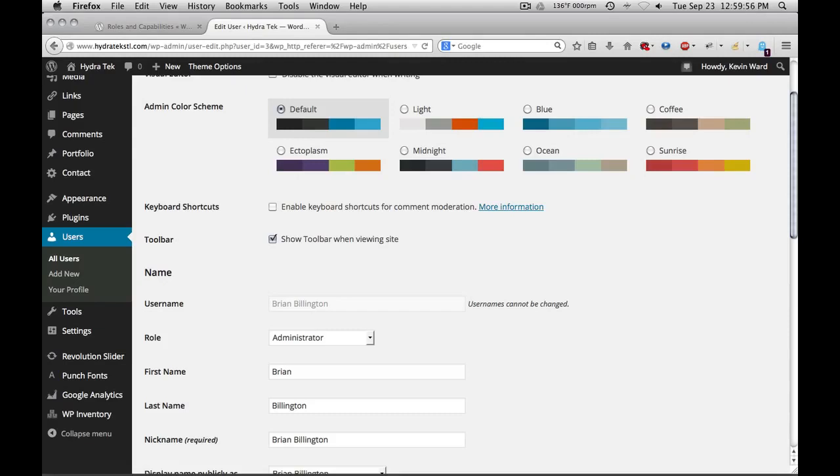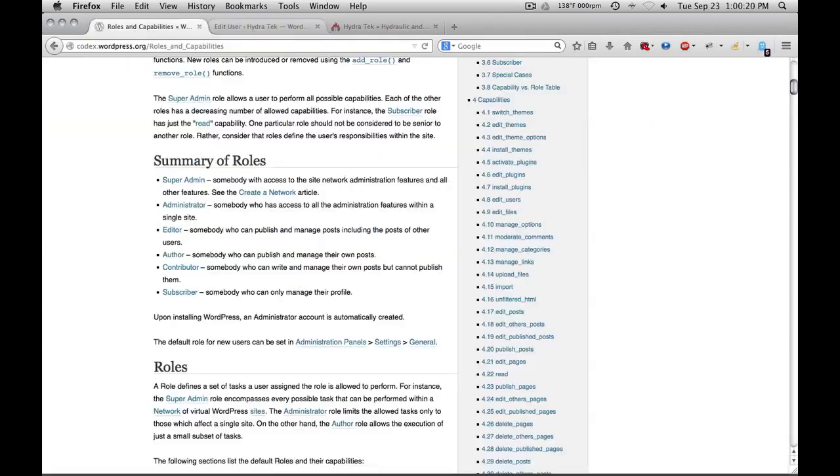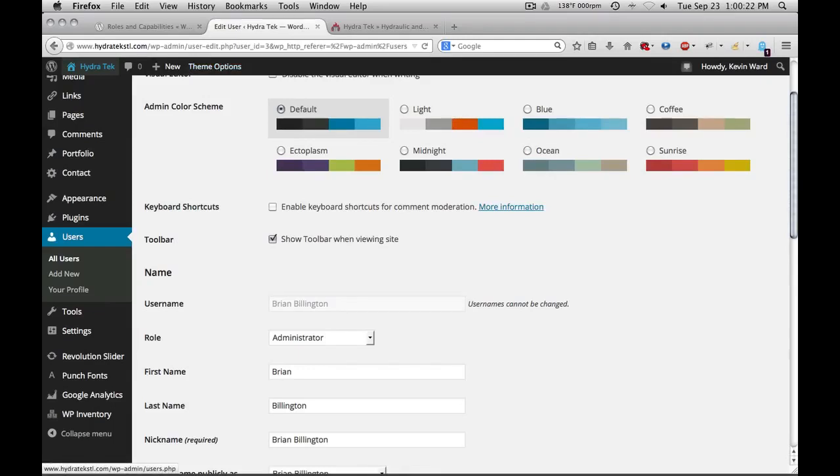Next is Toolbar. Show the toolbar when viewing site. This option will change the viewability of the top navigation bar when viewing a site in edit mode. So for mine, I don't have it turned on. And you'll notice when I go to the web page, I see the standard page displayed. If I go to my user account,